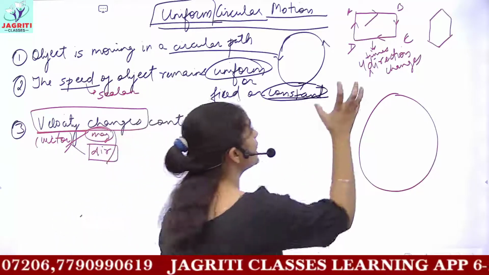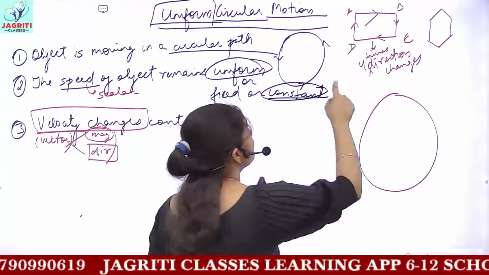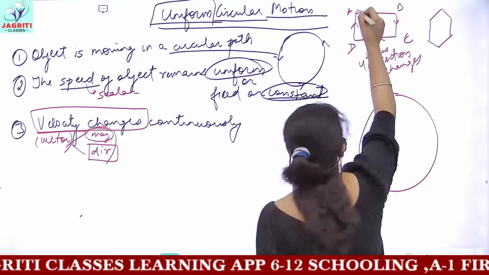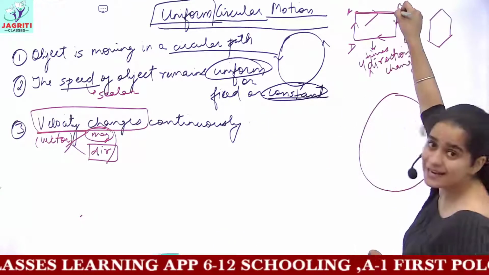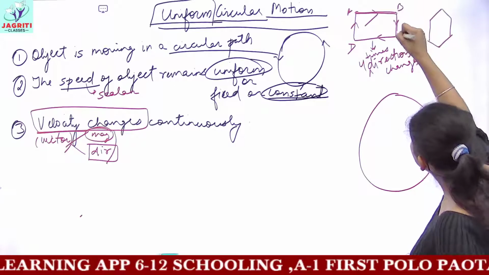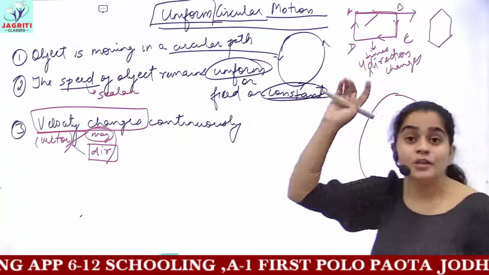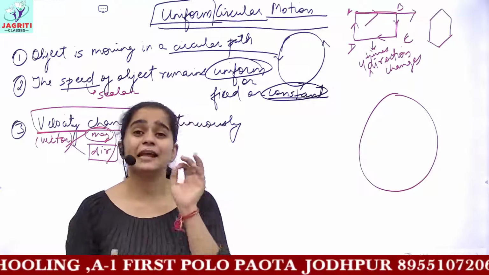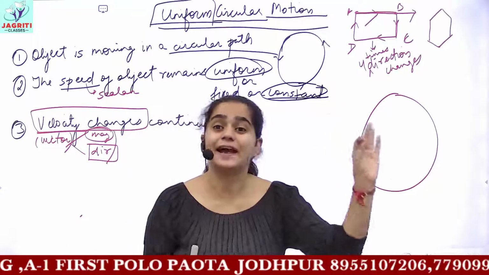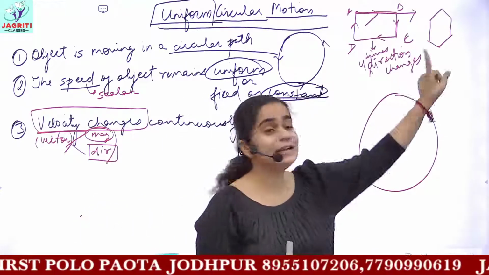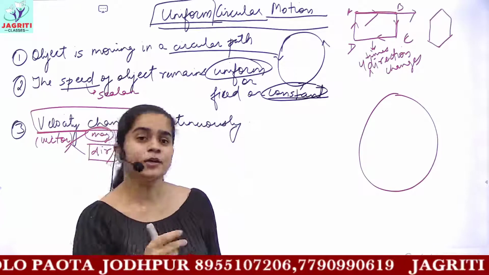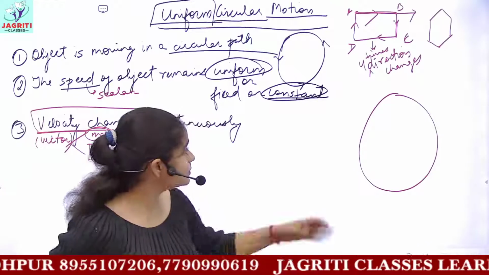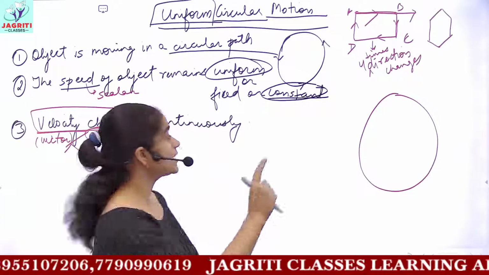So the number of times an object changes direction depends upon the number of sides of the given figure. This is very easy, because if the object while traveling from A to B does not change its direction, then it could not follow the path properly and it would move straight. So to follow the given path, the object has to change direction, and the number of times it changes direction would be equal to the number of sides in the figure. So can you say how many sides a circle has? A circle is drawn in front of you, and can you now tell me the number of sides in a circle?